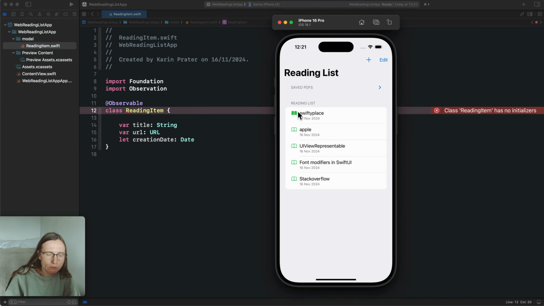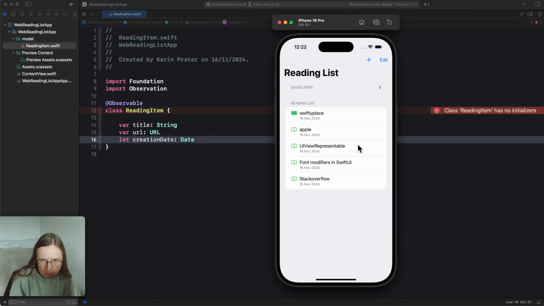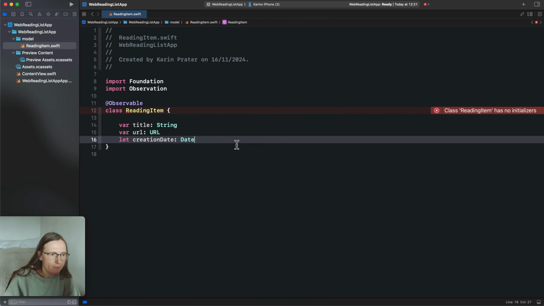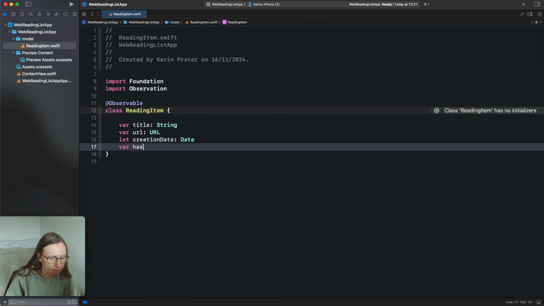Then I want to store if the user finished reading this. For example, I can swipe left to mark this as finished. This information is a Boolean. It's a true or false case of, oh yeah, the user already read this article or he didn't. So it's just a yes or no case. And for this, we can use Boolean information. So this is var hasFinishedReading